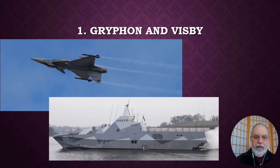Gryphon is a Swedish Army jet, Swedish Air Force jet. They've designed it themselves for their own use. They're trying to sell it to other countries, of course, to make money. It's an absolutely amazing, cutting edge aircraft. It doesn't have all the stealth stuff that some of the new ones, like the F-35 Lightning has or the F-22